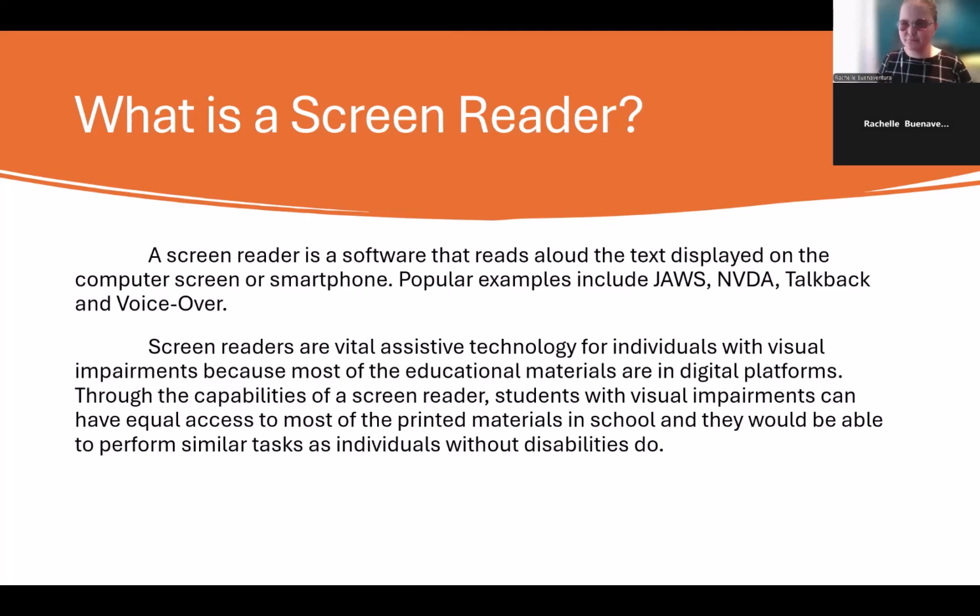So it also has audio or speech output capabilities that we can use to read the text written on the screen. These screen readers are vital assistive technology for individuals with visual impairments because most of the educational materials are in digital platforms nowadays. So through the capabilities of a screen reader, students with visual impairments can have equal access